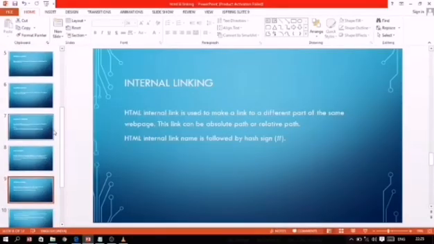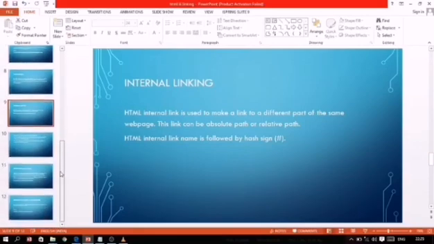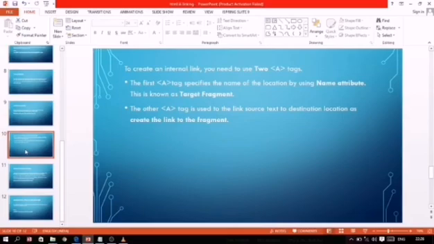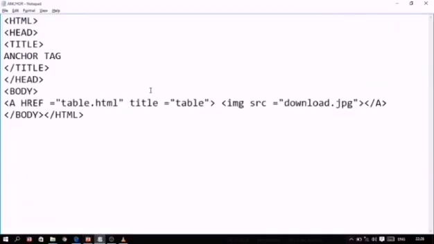Now the next topic is internal linking. Internal linking means all the information is presented on the same page but in different sections. By clicking on the hyperlink, we can move from one section to another section. In this type of linking, we have to use a hash sign along with href, and for creating the section, we have to use the name attribute. In these files, we use the anchor tag two times. One is for creating hyperlinks, and another one is for creating the section. So we have to use two attributes. Now I will explain with the help of an example how we have to do it.